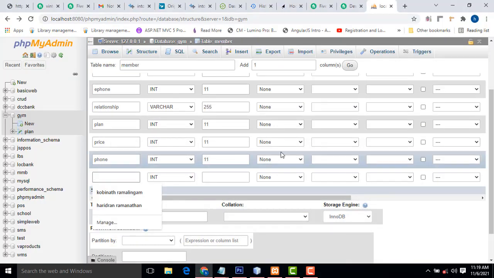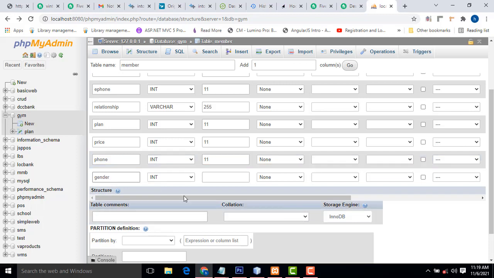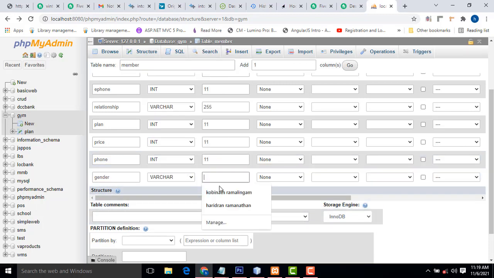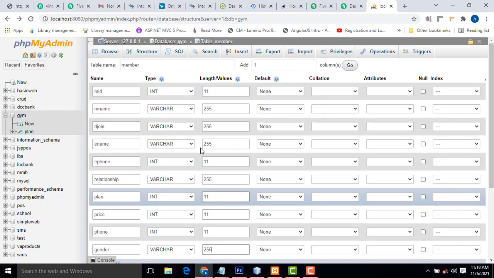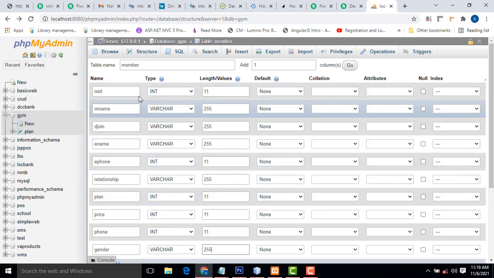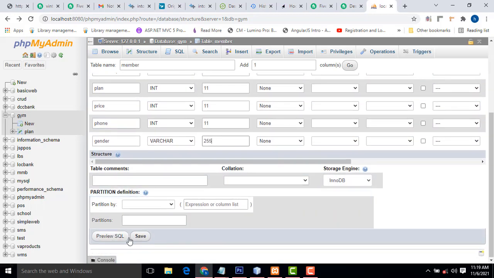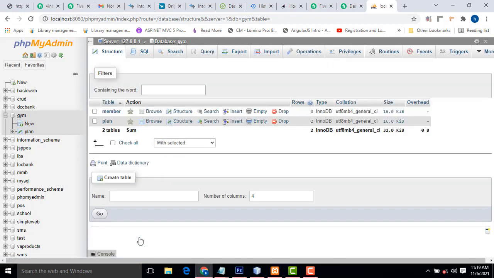Gender, type as varchar. These are the fields you have to create on the database table. Select the values and data types here and hit the save button.